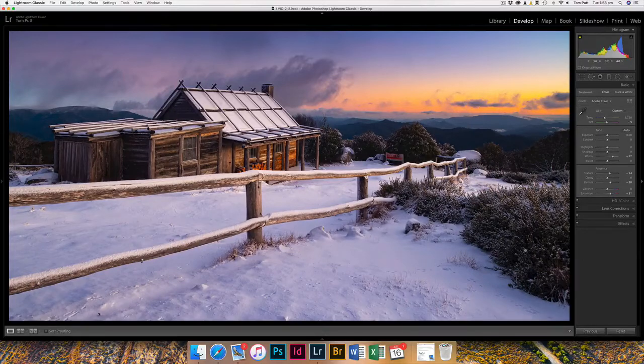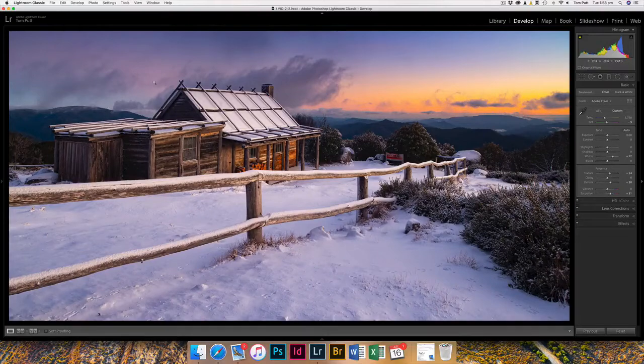So before and after, again, that was me before, that's my after. Very happy with that, 5-star that, export that, whack that up on social and on my website. And I think we're pretty good to go. So hope you've enjoyed that little tutorial here on correcting the verticals in our photographs and just doing an overall